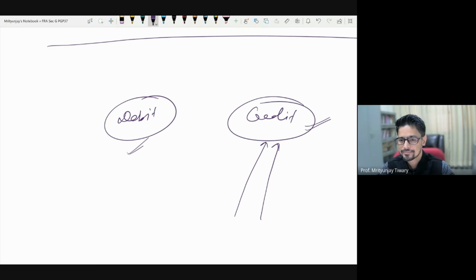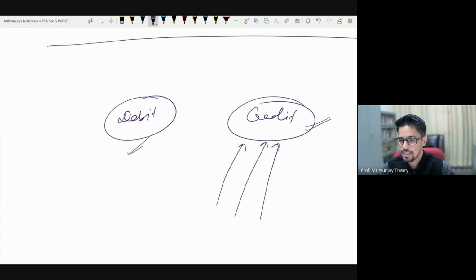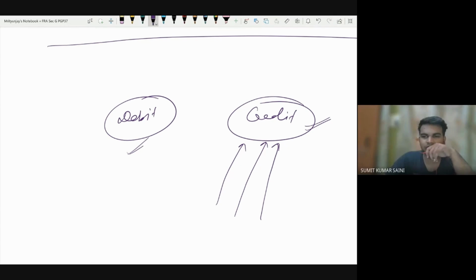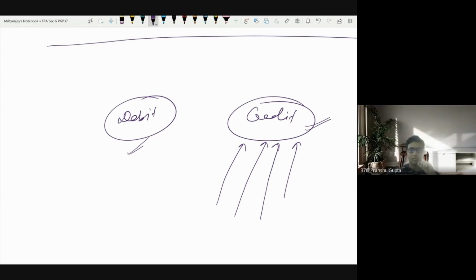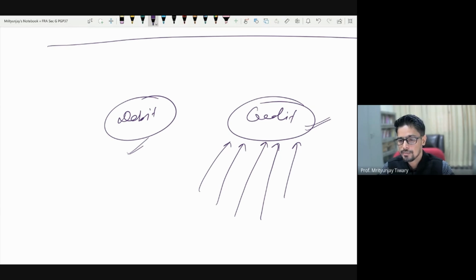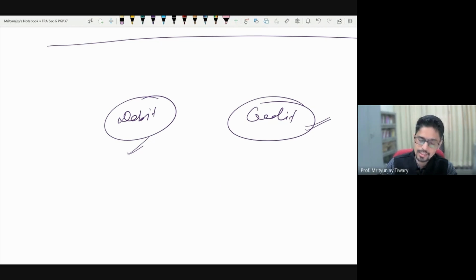Ryan, go ahead. The way of giving respect to someone for doing something. Respect to somebody, okay, perfect. Sumit, go ahead. Sir, praising or appreciating someone. Praising, perfect. Respect or praising, okay. Pranshul, go ahead. Favor. Favor, okay, fine. Harinder, go ahead. Someone who has done good in a field and you are praising him. Basically, these are the connotations. Ignore those salary and all. They have something to do with the world of finance, right?